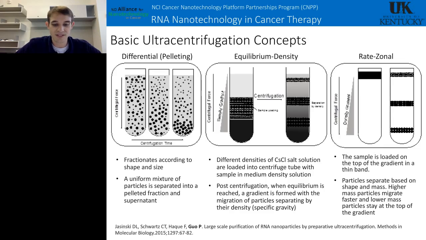Then there are equilibrium density gradients. This is used to separate particles by their density, which works very well for RNA because it's much more dense than proteins and even more than DNA. So after you do your in vitro transcription, all you do is load your sample in, and because of RNA's high density, it will separate to the bottom and you can get a pure product. This works by you put your sample in, and as you centrifuge your sample, the gradient forms and your particles migrate based on their density.